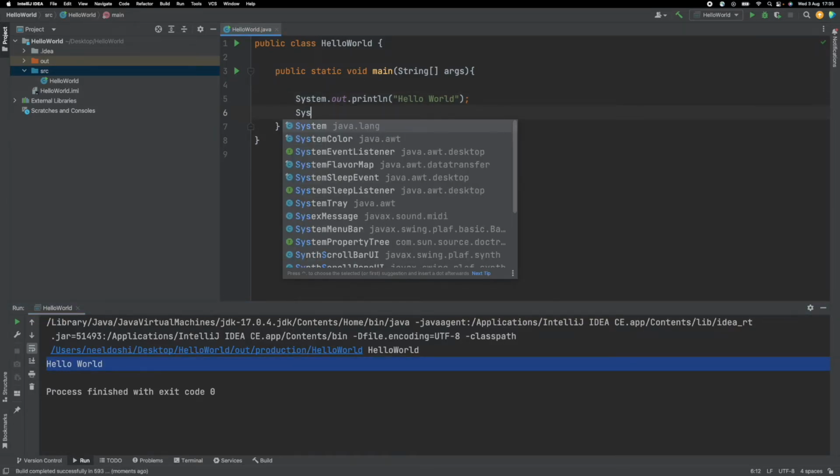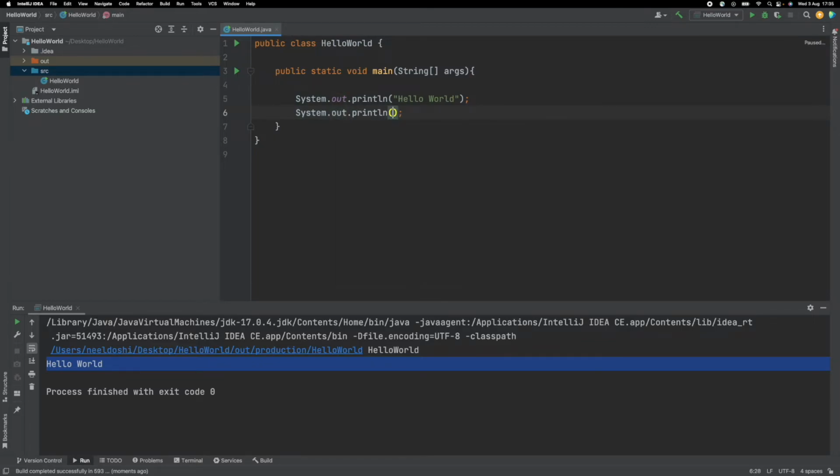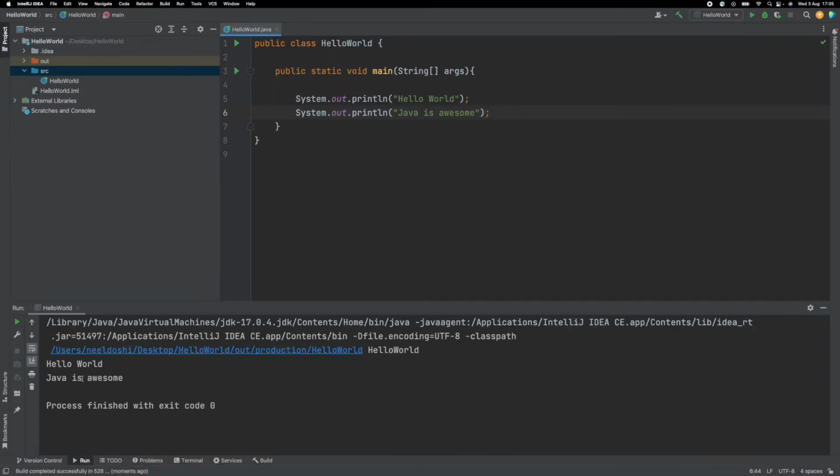So you can do System.out.print, and remember println is printing on a new line. So now you'll see if we do Java is awesome like that and we print, notice that it's printed it on another line. So if we take away the ln, let's see what happens now. Oh, still printed it on another line, but